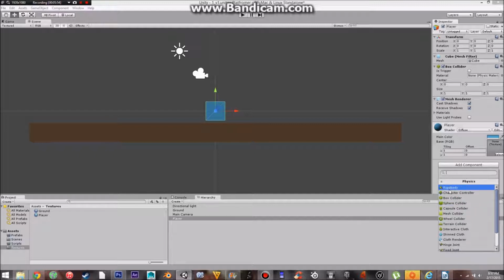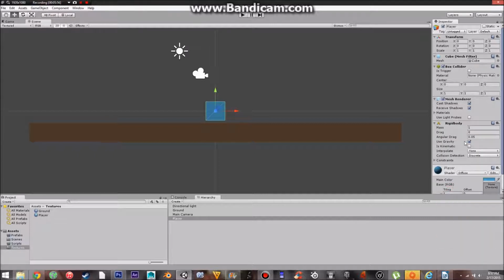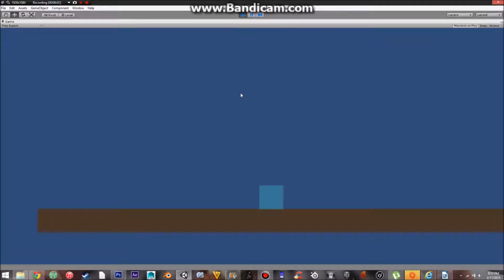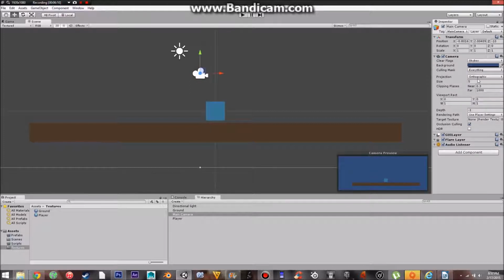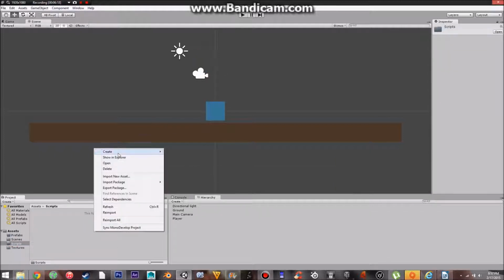So we're going to add a rigid body, and now we have gravity. So if we press play, and wait, we'll see our player is now sitting on the ground, which is nice. But you might also notice that I don't think our camera... Oh no, our camera is orthographic. That's good. Okay, so now what we want to do is come down to scripts and right click and create